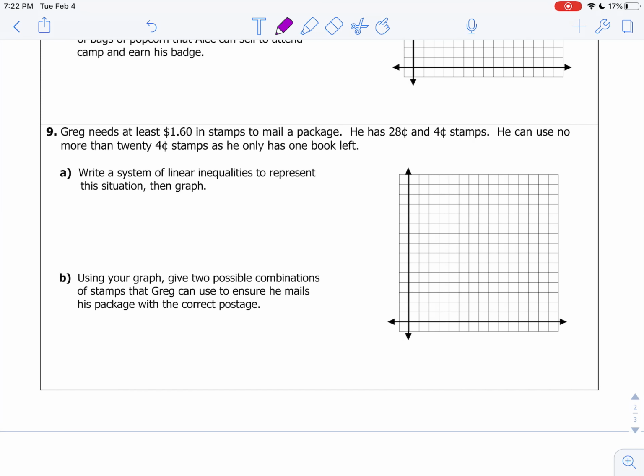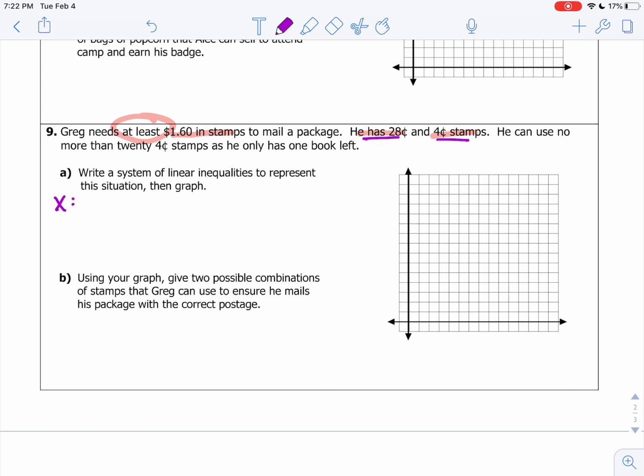Okay, Greg needs at least, there's that word, $160 in stamps to mail a package. He has 28-cent stamps and 4-cent stamps. He can use no more than 24 4-cent stamps as he only has 1 book left. So he needs at least $160 in stamps. Okay, so he has 28-cent stamps and 4-cent stamps. So